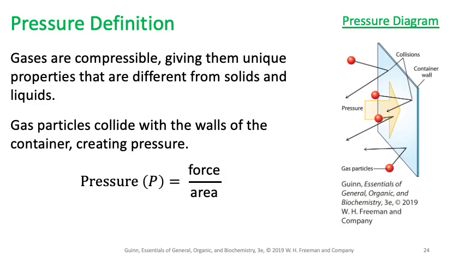So now we're going to talk about pressure, because the gas molecules are moving randomly in a space. If we put a gas in a container and the gas molecules or atoms are moving randomly at a higher speed, there is a chance that they're going to collide with the inner surface of the container, right? And then if they're colliding with the inner surface of the container, they're going to provide some kind of force